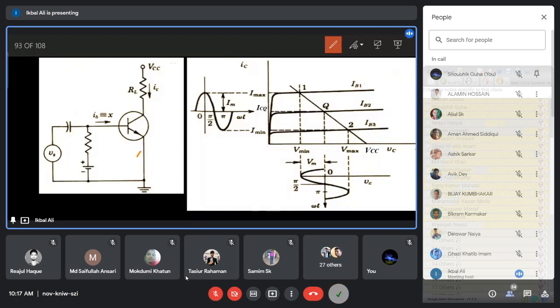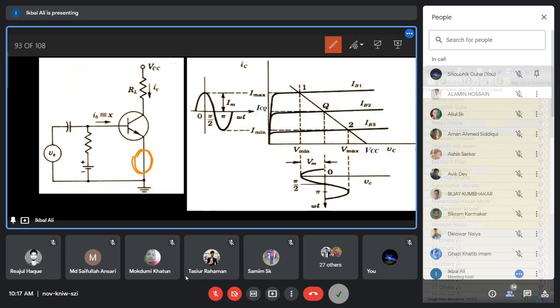That emitter resistance is ideally zero here, for the class A power amplifier. But you know that the emitter resistance in the self-bias circuit gives you stability: if the collector current tries to increase, the negative feedback provided by the emitter resistance RE will stabilize the collector current. So if you make this emitter resistance 0, then the stability of the circuit will not be so good. Ideally, this emitter resistance should be 0 for the power amplifier operation.